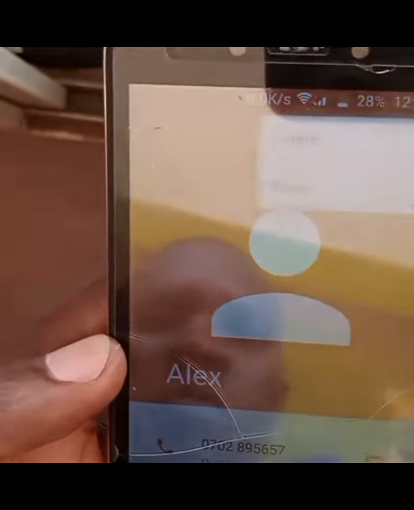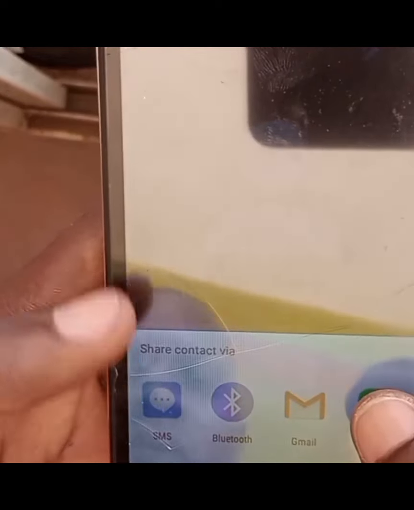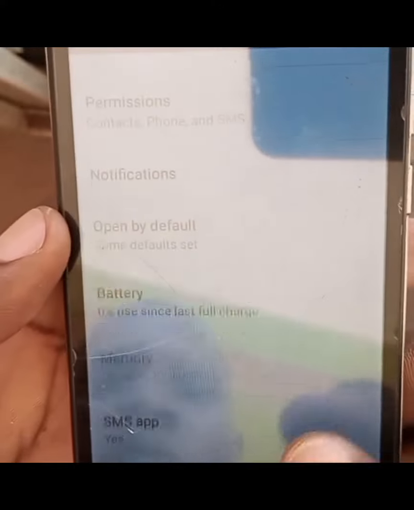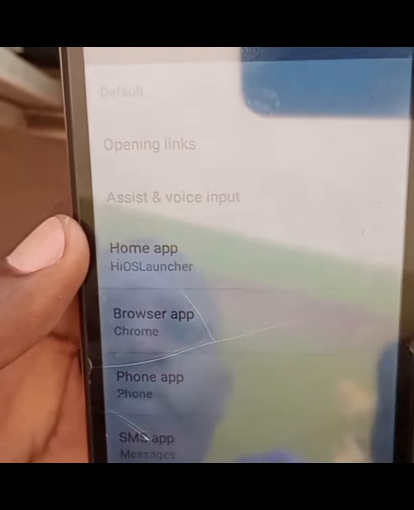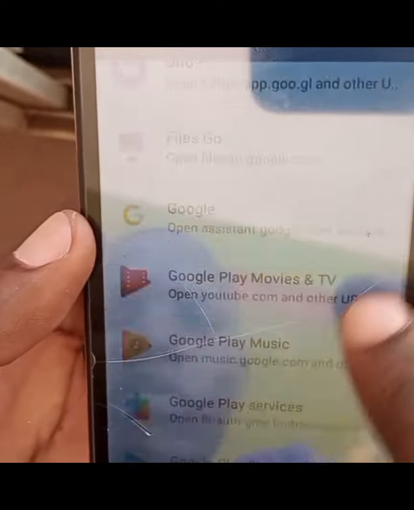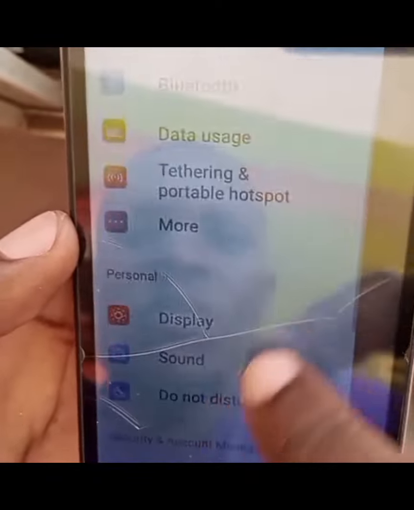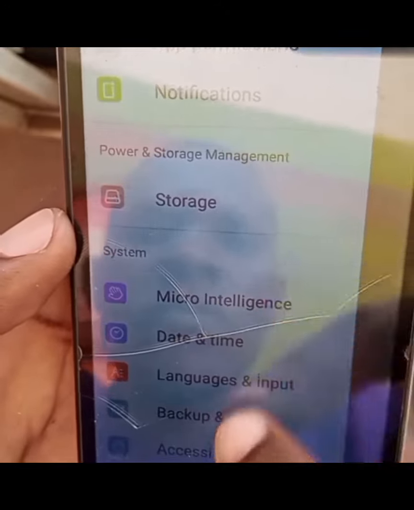Then up in the corner there are those 3 dots, as you see. Tap on Share. After tapping on Share, long press on MMS, then tap on App Info. Then you tap on the SMS app, then Open Links. Then slide from the left to the right. Then what we're going to do here,